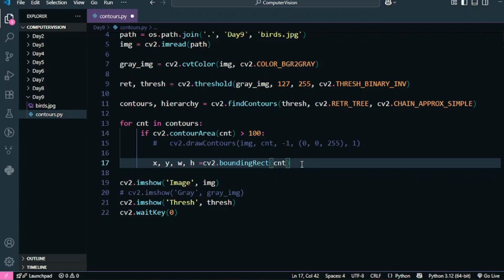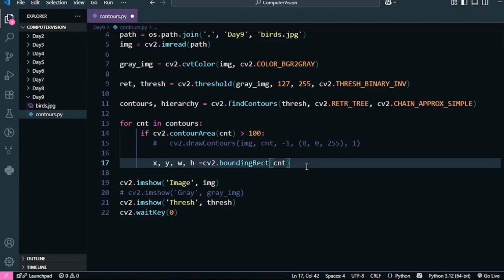A contour is basically a boundary around your object. So when you apply the bounding rectangle on it, it returns the coordinates of the rectangle. The x and y are the coordinates of the top left corner of your rectangle. The width is the width of the rectangle, and the height is the height of the rectangle.